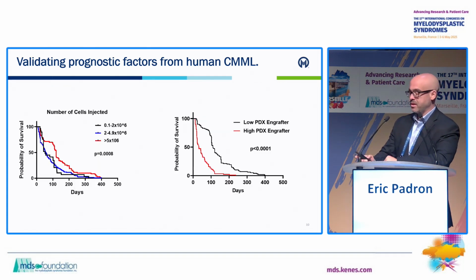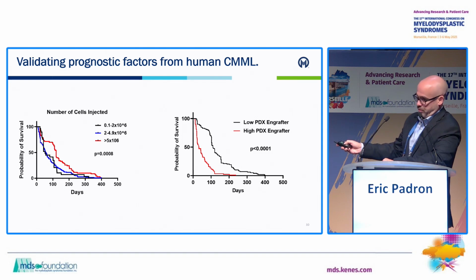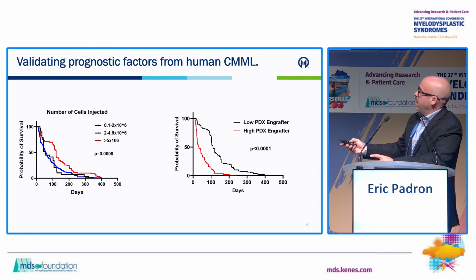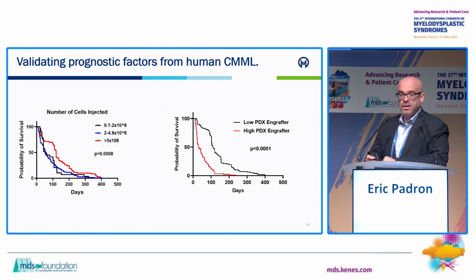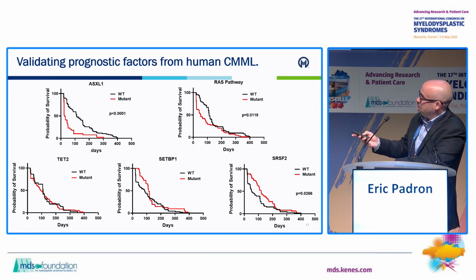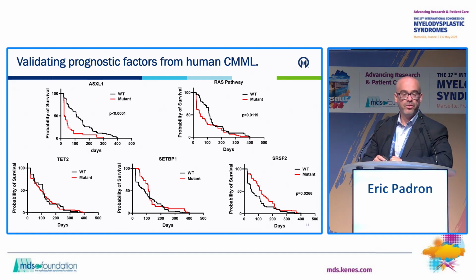So one of the first sanity checks was that it actually didn't matter, at least in an order of like 1 log, how many bone marrow mononuclear cells were injected relative to survival. But what mattered, as was nice to see, was that high engrafters by bone marrow human CD45 had a significantly inferior survival than low engrafters. Another thing that was nice to see was that when you looked at mutations from patient samples and asked whether these mutations had prognostic significance in the PDX, you found that ASXL1 was highly significantly associated with inferior survival,